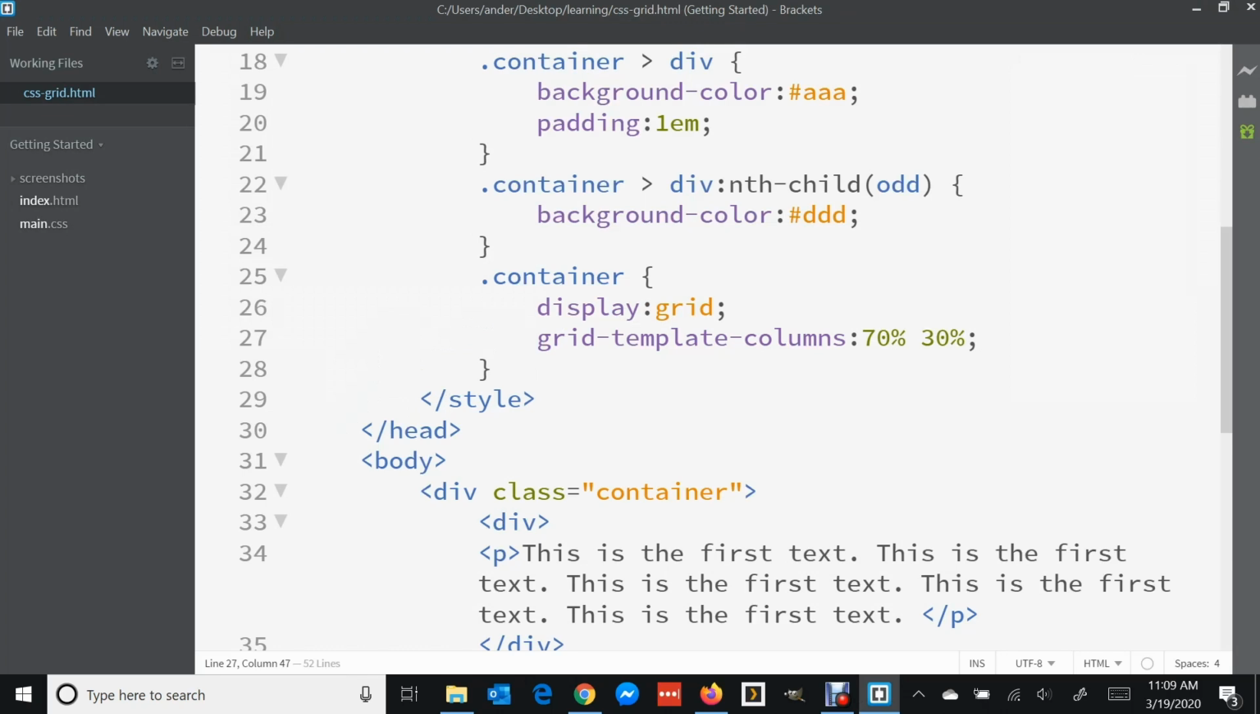It says it's two columns because there are two values here, 70% and 30%. If I change that and put in three values here, like 70%, 20%, and 10%, then it would be three columns. But it's two columns because there are two values, percentages here. And it's automatically taken the boxes down below and laid them out on the page using what's called Grid's auto